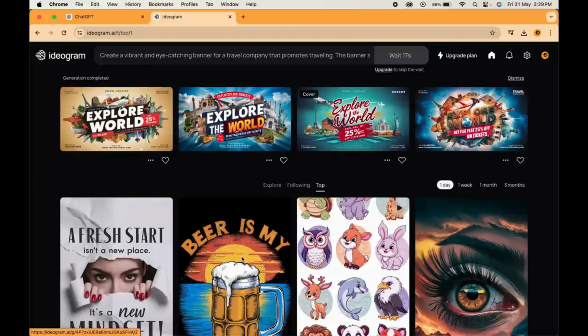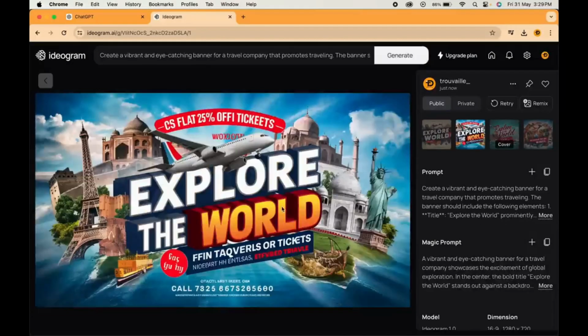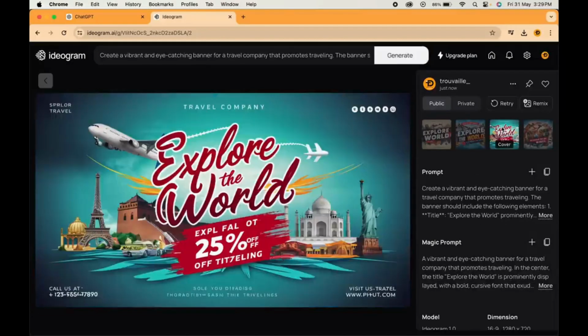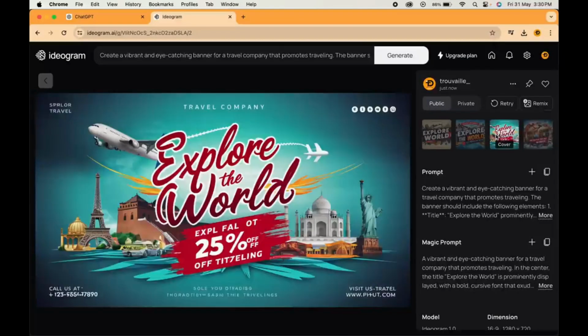Wait for a little and here you will get some amazing options to choose from. Select the one you like. If you are not satisfied with the results, you can again click on generate, or you can even head over